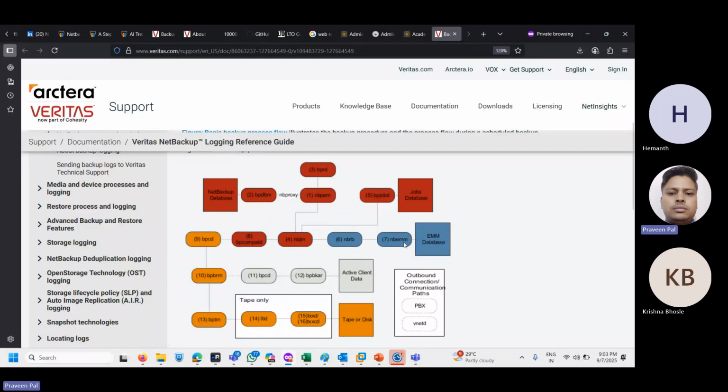ये आपका एंटरप्राइज मीडिया मैनेजर डेटाबेस है, रिसोर्सेज की सारी इंफॉर्मेशन यहाँ है। अगर ये सर्विस नहीं चल रही, तो ये किससे बात करेगा ये चेक करने के लिए कि मेरे पास क्या अभी अवेलेबल है या नहीं है। करेक्ट।